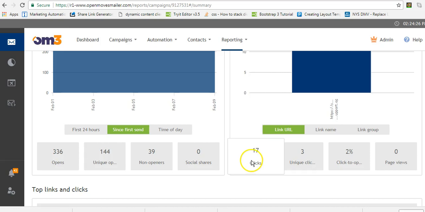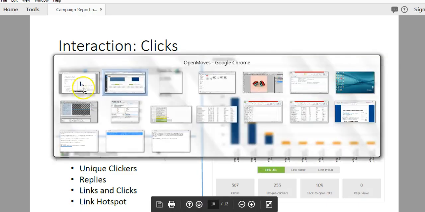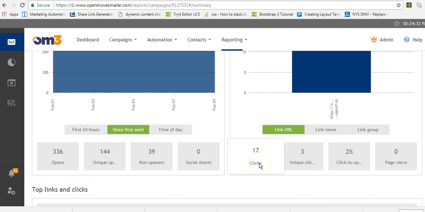So we have 17 total clicks, which they just call clicks. So if I go back here, link clicks is the same thing as just clicks. And now we have unique clickers, 3. So 3 people clicked a total of 17 times. And there's that click to open rate, 2%. And page views is 0. Page views is kind of like that ROI reporting that I mentioned before. There's a specific tracking code that needs to be put on your website that would then allow the platform to track a contact of yours when they go from the email to your website, and how many